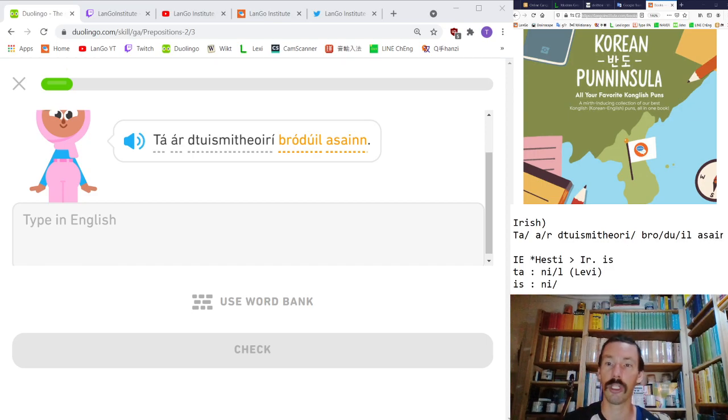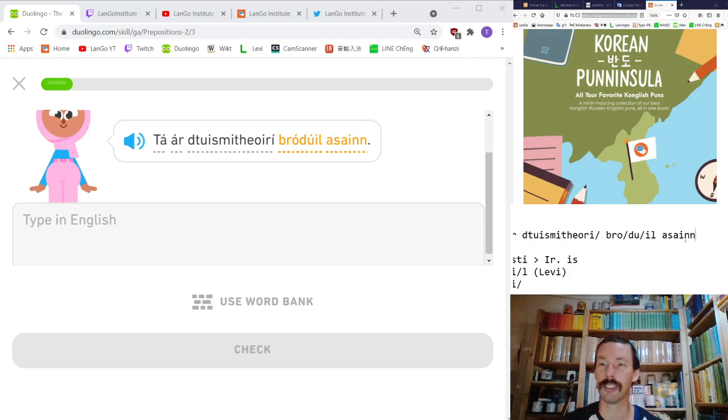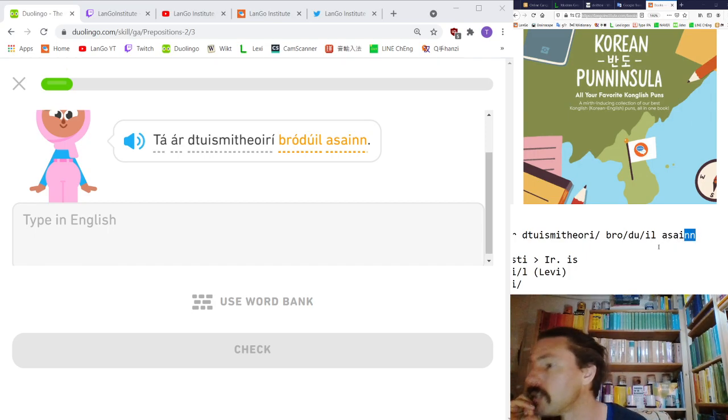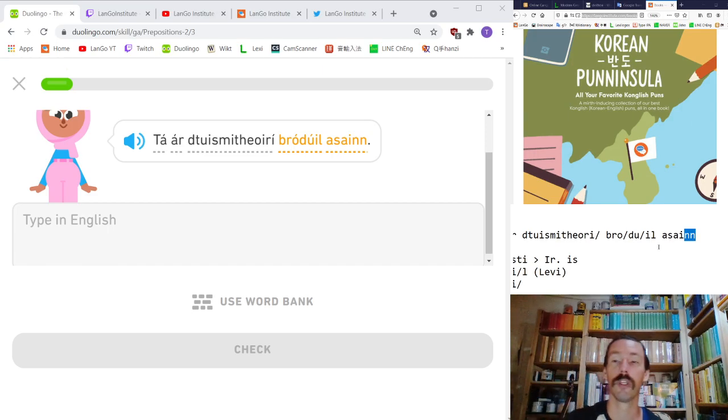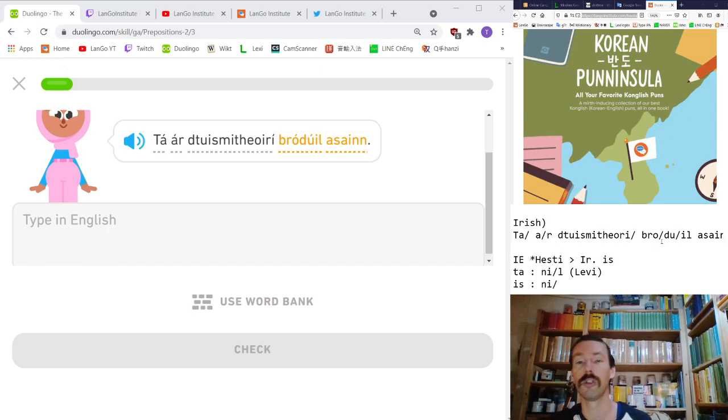Like in this last word here, A-S-A-I-N-N, asainn. It's a palatal N. As is just the preposition from. So the pure, unadulterated form that we saw in the last one with from Dublin is clear, right? Just the plain, basic shape for that one.